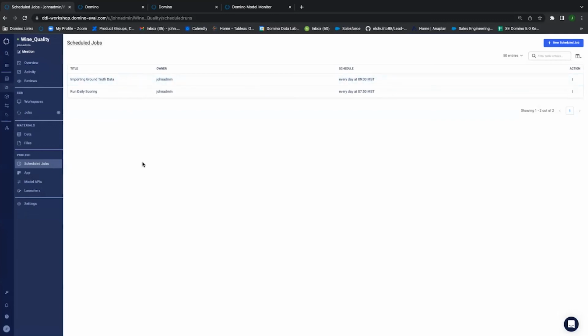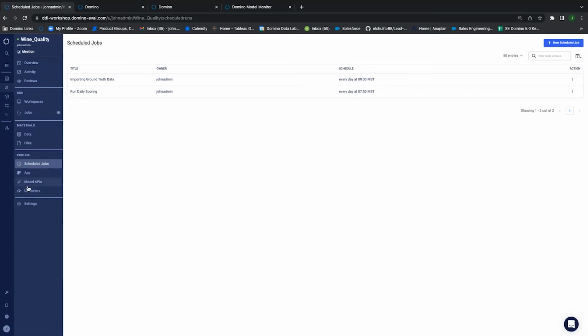Now, this is just information for you to know, so you understand more about how batch jobs can run in Domino. You can also build these jobs programmatically by using Domino's REST API. We do have a REST API that you can communicate with programmatically, for example, with CI/CD. If you want jobs to run, you can do it in that manner as well. You don't have to do it directly in the platform. You can do it externally.